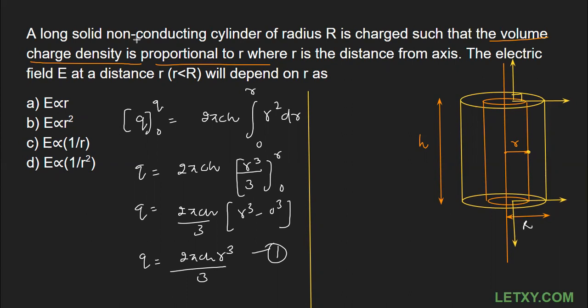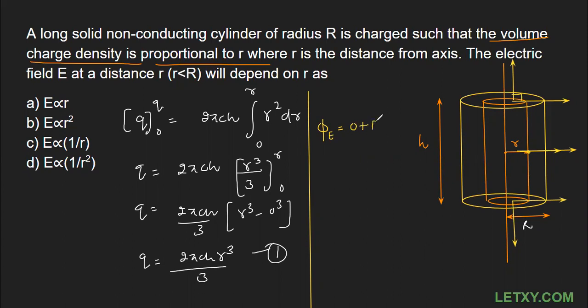Okay, so that's it. Now let's talk about this curved surface area. Here you can see the electric field is this way and the area vector is actually this way. So we can see theta is coming out to be 0 degrees and cos 0 is 1. So what we need to do is calculate phi e, that is the total flux coming out through this Gaussian surface. The top part is 0.